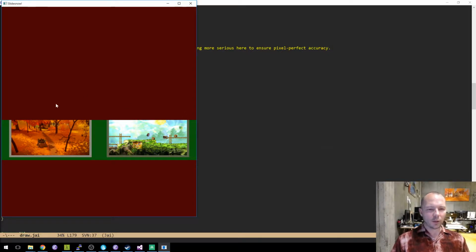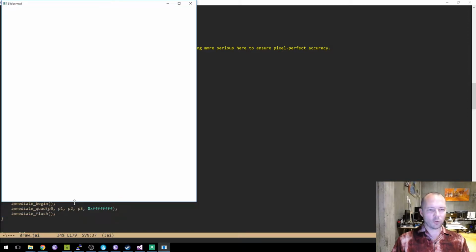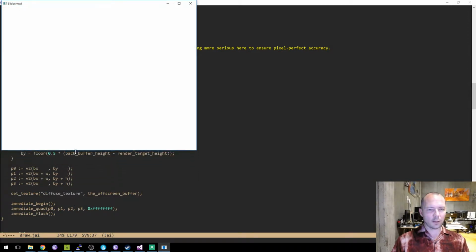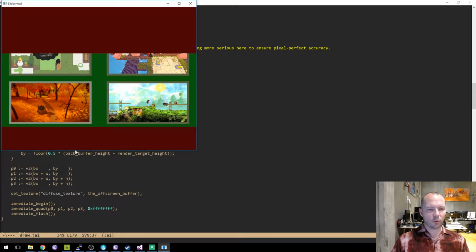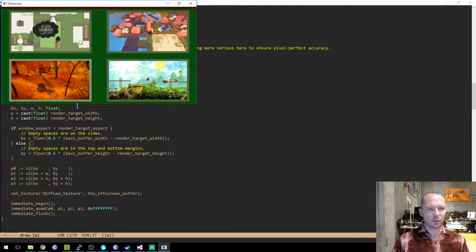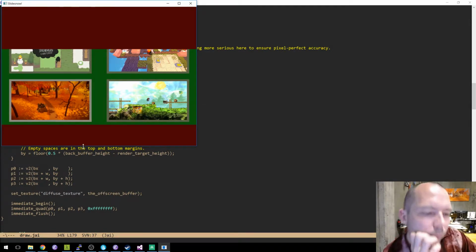Like, I feel like it's getting cropped to the original aspect ratio thing of the back buffer. Like, I feel like we're not able to render beyond that. Like, maybe my GL viewport didn't work the way I thought it did or something. See what I'm saying? You see what I'm saying?